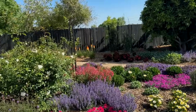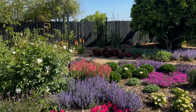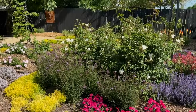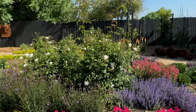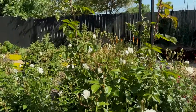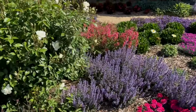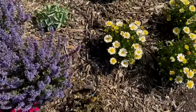All right, so next task, I am working over here in my orchard garden that is looking absolutely stunning. Oh, I just love it. It looks like a painting, which is exactly what I wanted for this area. It looks so beautiful. The iceberg roses are about to go crazy. There's so many buds on them, and all the other plants are just looking beautiful, except for this one osteospermum